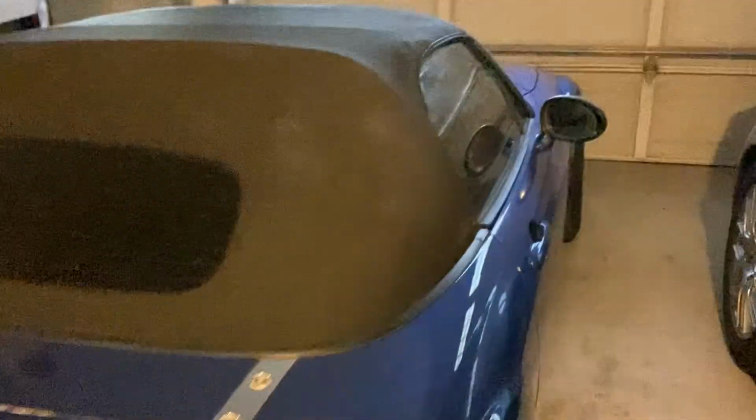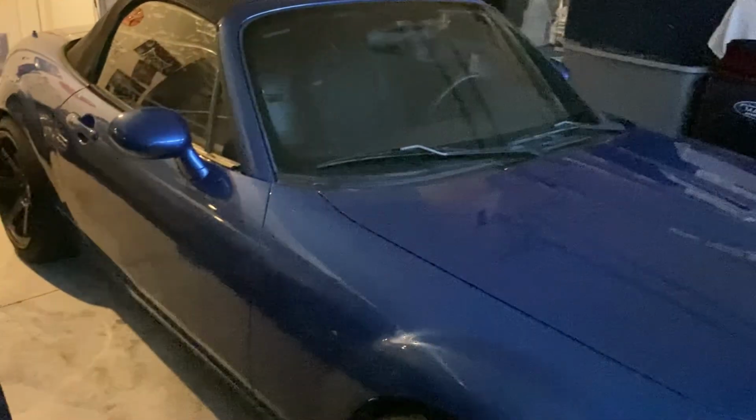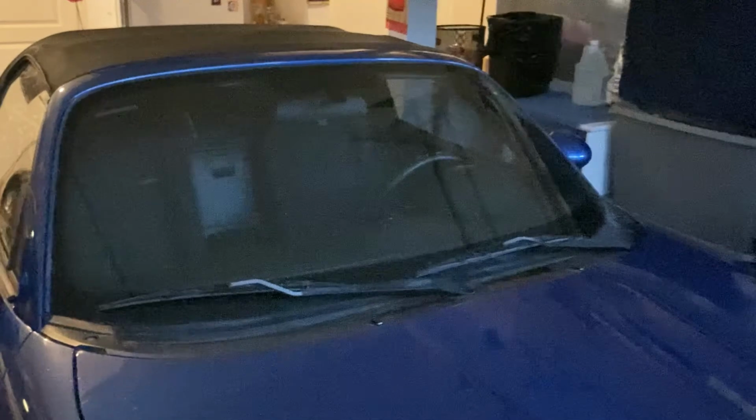Okay, let's see here. Let's see if we can see these fenders. No, probably not. Anyways, whatever. But yeah, if anyone actually wants fenders or anything from an MX-5, let me know. I'm going to be selling the seats, the steering wheel,